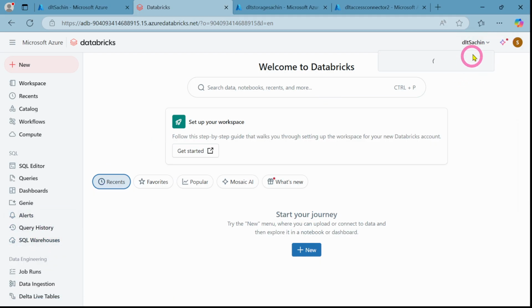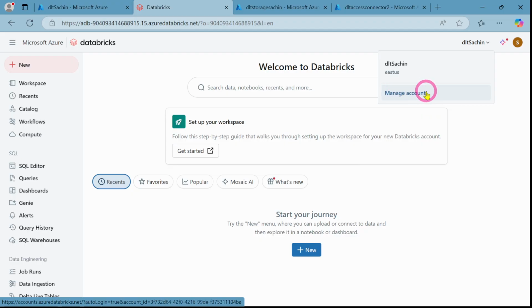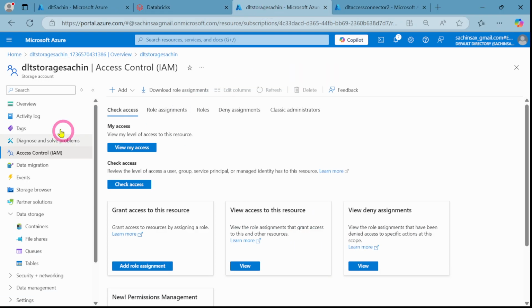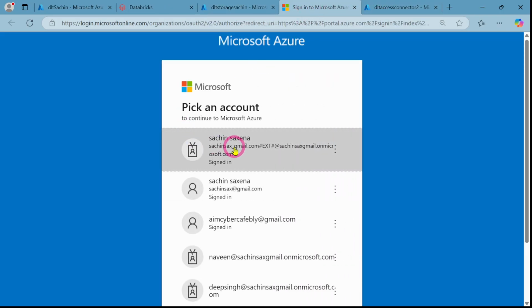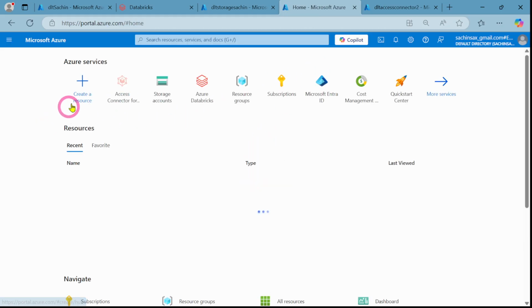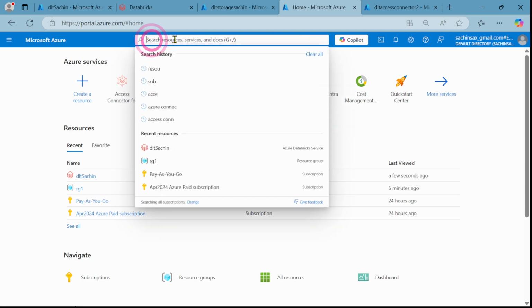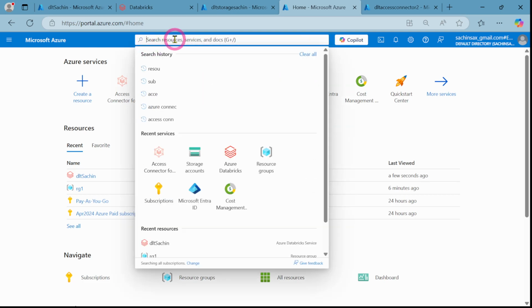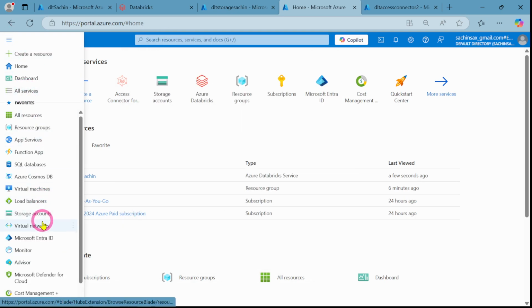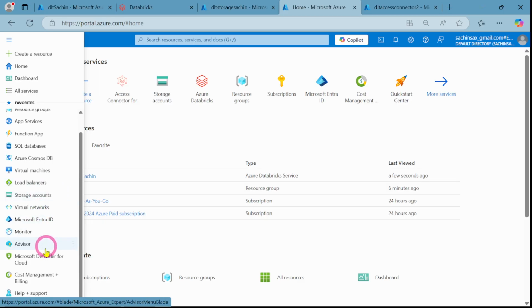Now I can see this management part as well. You may or may not see this manage account because there might be some access level. What's the access level here? You can see the previous videos as well to enable this manage account, because you might not have the global administrator. You just click on this left pane. You just go to your